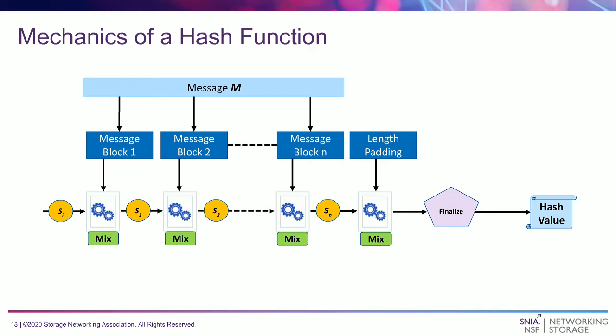And if the last block is not quite a full block of data, then you actually add some padding. The significance of this, and this is how a single bit change in that input data will result in a different value of the hash value, is because there's this constant dependency of the previous data